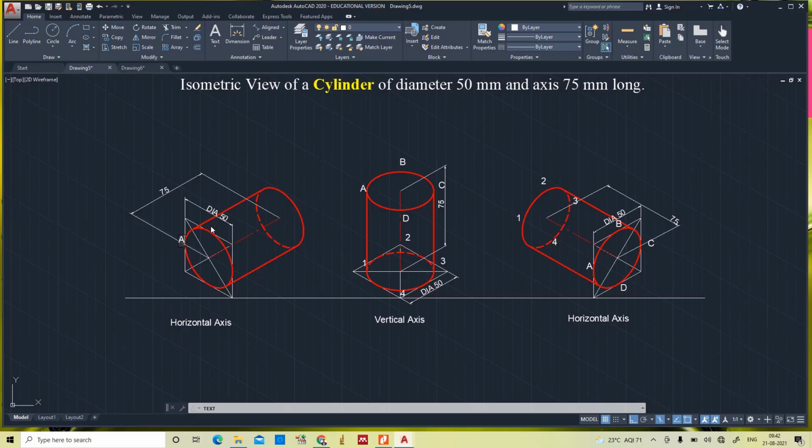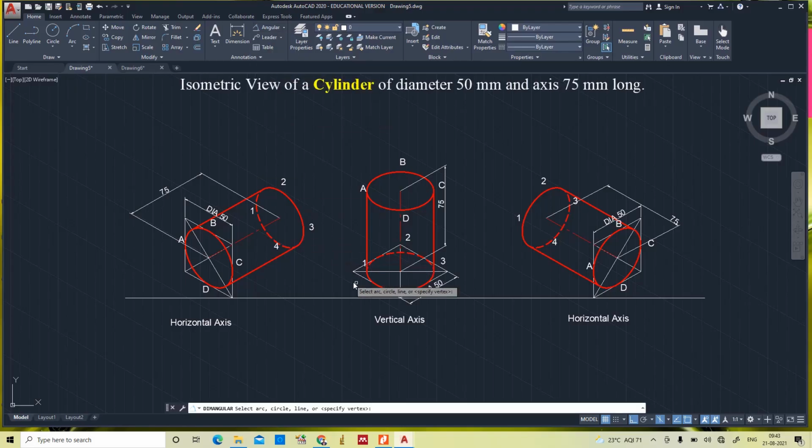A, B, C, D, 1, 2, 3, 4. Yes, so this is all about isometric view of a cylinder.